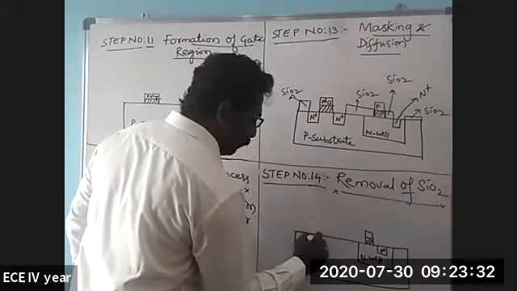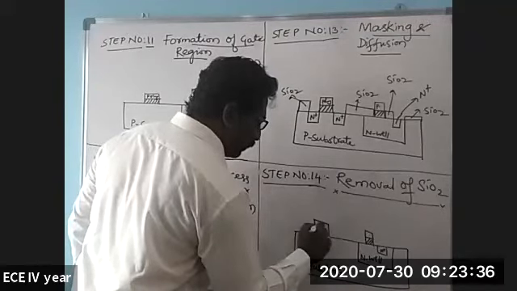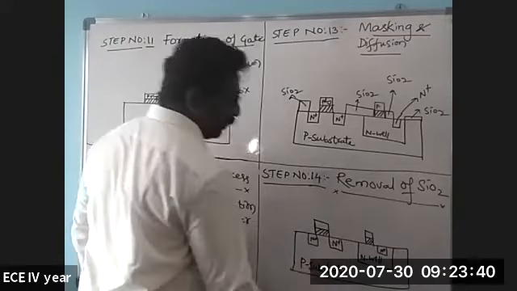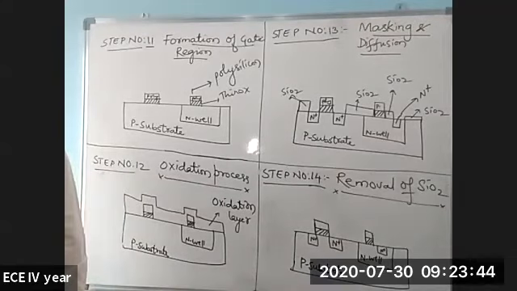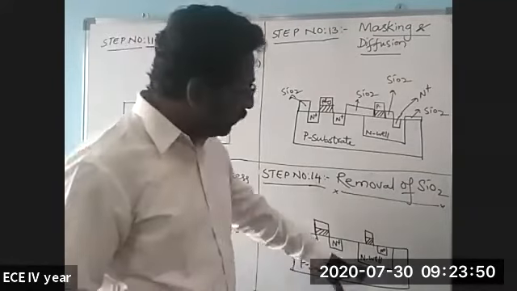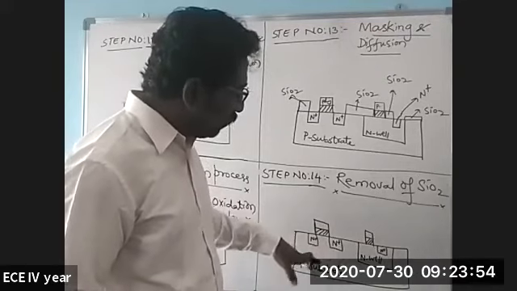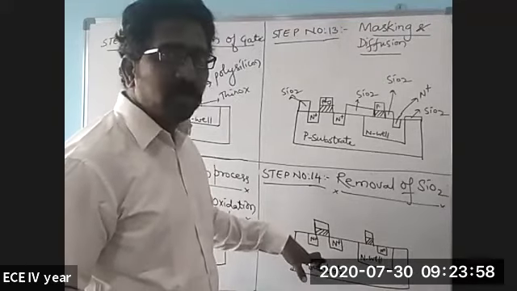Here we are having N plus, and here comes the gate terminal, and next is another N plus. So if I remove this one, your entire device, the particular wafer, looks like this. This is your P substrate, then N plus, and N plus. These are the three terminals of your device. Now an N device has been formed here.